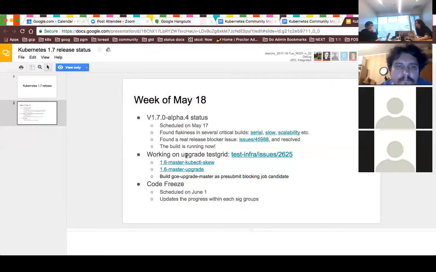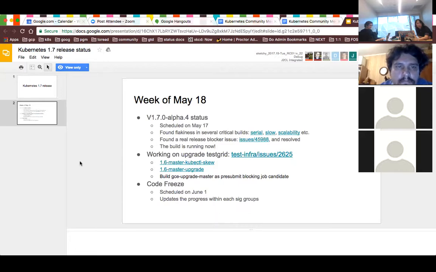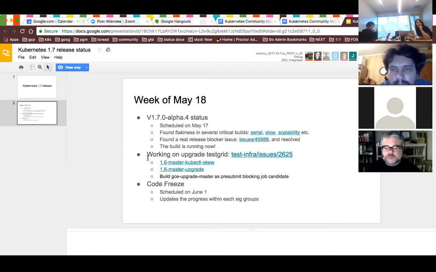Another thing is we are working on the upgrade test grid. We put some of the upgrade tests, the Kubernetes scale test, in before I announced that last week, and we have more upgrade tests coming in, but we switched to using the new test framework, and that's running into some problems. But all the tests should be finished. I just merged one fix for the test infra for that one. So we should have the 1.6 upgrade to the master branch shortly.